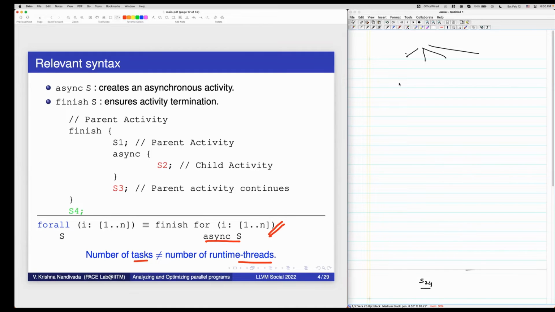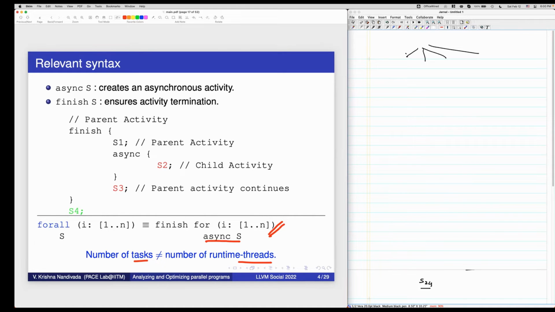They are all different tasks. But let's say only 2 of you are there as roommates. Then the runtime threads probably is 2. Am I making sense in terms of number of tasks and threads? It's an important distinction. Anyone not clear about it?